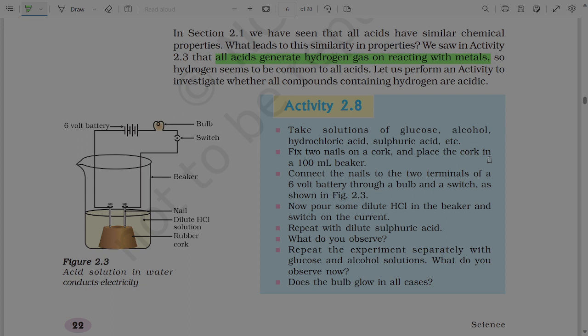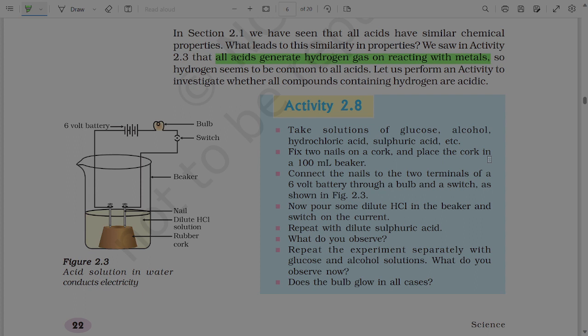Basically, it is electrolysis, passing current through the solution. If the current is passed through the solution, it confirms the presence of ions, and we will confirm that H plus ions are present in it,